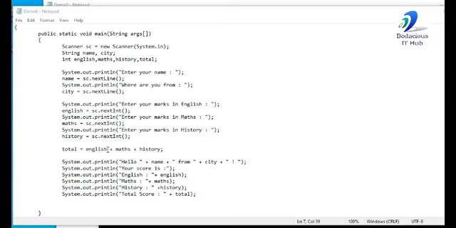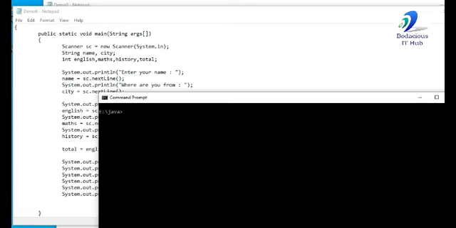Now we are calculating total of his marks. Now it will display hello, name, from, place, your score is. It will display marks in English, Maths, History. Then it will display total marks of the student. So now we compile and run this program.